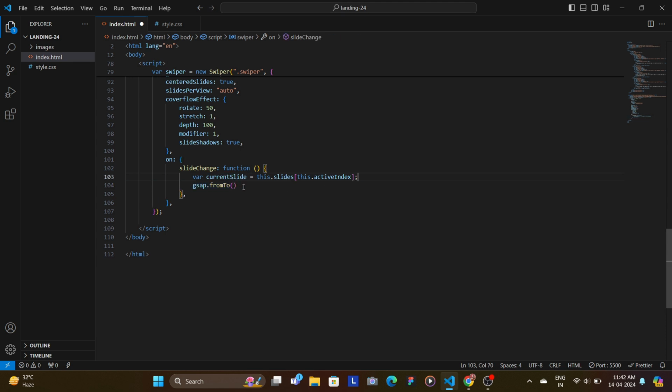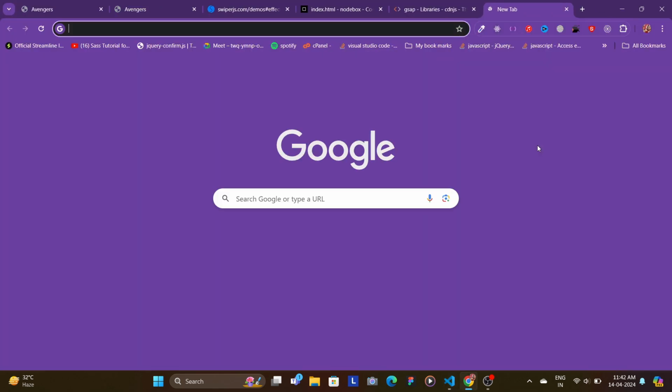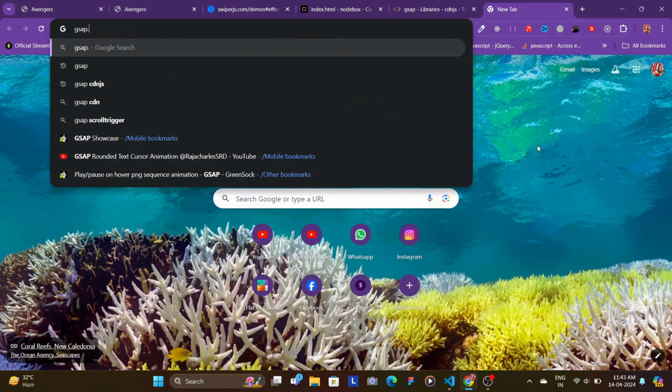Now we're going to have GSAP dot from to. Now what is this? So this basically has two states, the initial and the final state. And then you want to have the different animations that you want to show for the initial state, or how the element would be at its initial state, and then how it would be in the final state. And then GSAP would automatically animate or add the different frames so that it moves from the initial state to the final state. So if we come here and type GSAP dot from to,